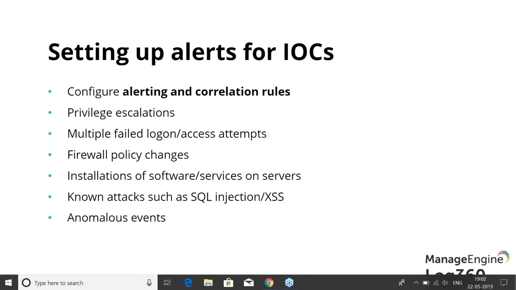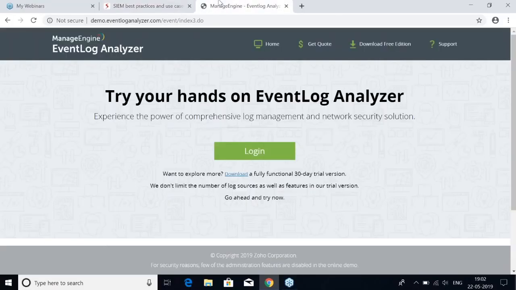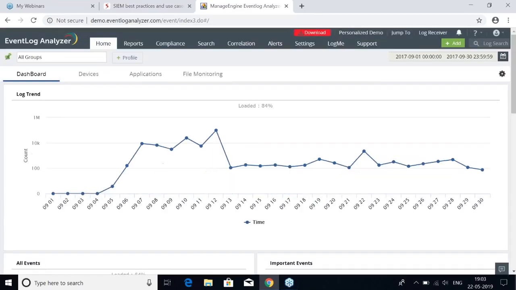I don't want to just bore you with only theory. So I thought I'll give you a simple example of an alerting scenario, right? So I just jump into Event Log Analyzer as I promised earlier. I want to jump into the tool to show you what I mean by security alert, and what exactly the product, not just our product, but any good SIEM solution, can alert you